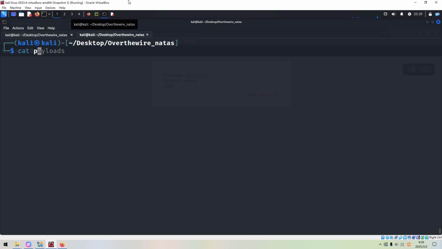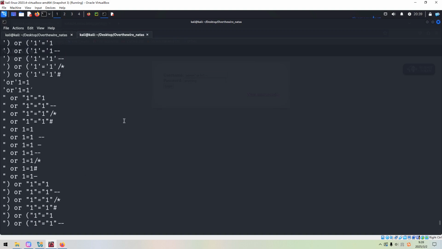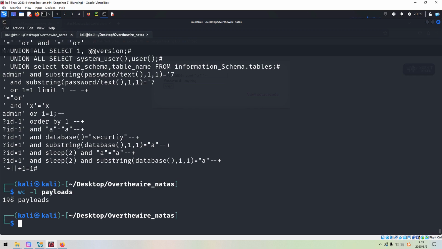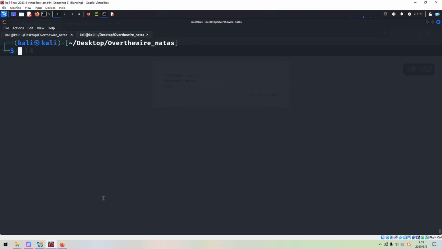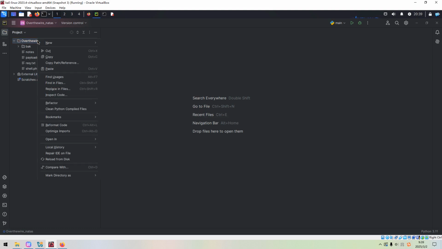We can cut out the payloads. Okay, so I think we can check how many payloads are in this file. About 200 payloads. Okay, so next, I'd like to open up the editor of PyCharm, and we can right-click this folder we are working on,